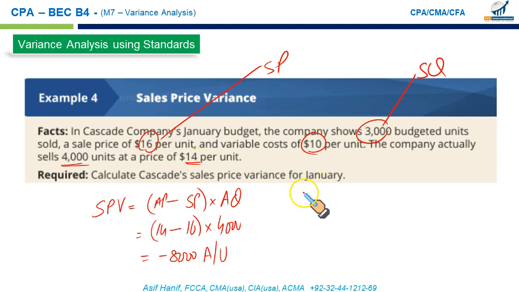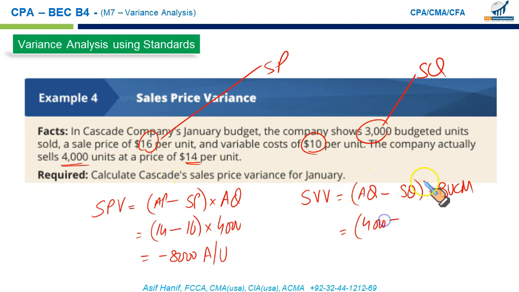Let us calculate now the sales volume variance. It is equal to actual quantity sold minus standard quantity projected at the beginning multiplied by the budgeted unit contribution margin. Actual quantity sold was 4,000. The original plan was for 3,000, which is good. That's why you will have a favorable variance. The budgeted unit contribution margin is the budgeted selling price less the budgeted variable cost, 16 less 10, 6. Now 4,000 less 3,000, 1,000 times 6, 6,000 favorable. So your volume variance is favorable because it is plus. You sold more than